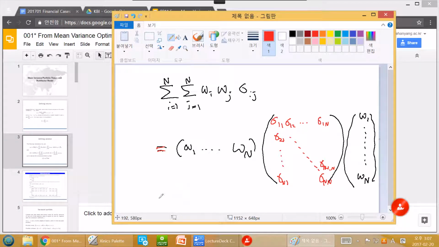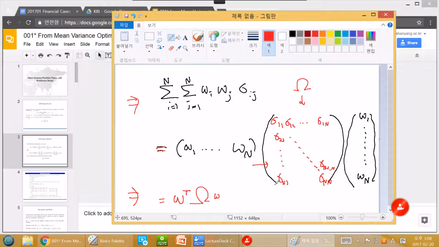And we can compactly write that this one is the transpose of the W matrix, W transpose, and in this entire thing we write down this omega, and this is W again, right? So this one becomes simplified to this one, right? And this here, if you look at this matrix, each element is the covariance between